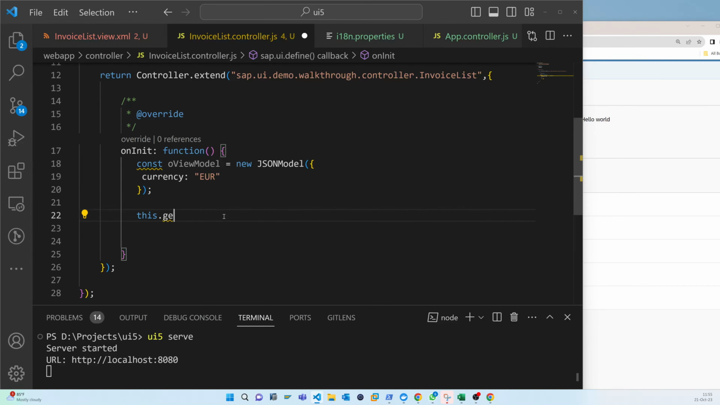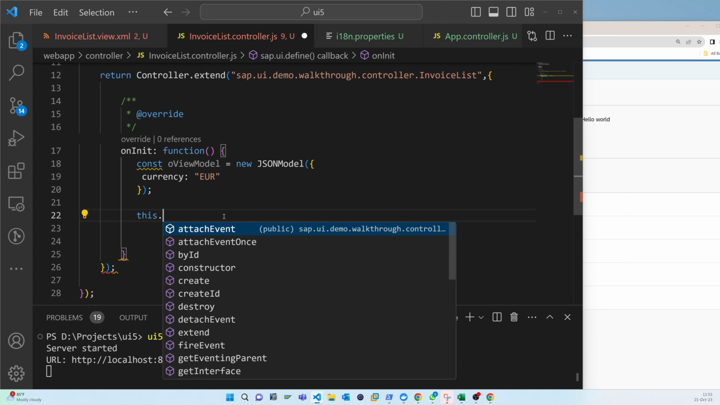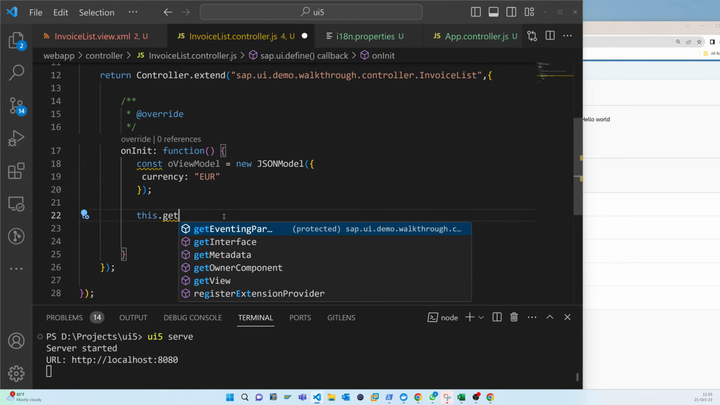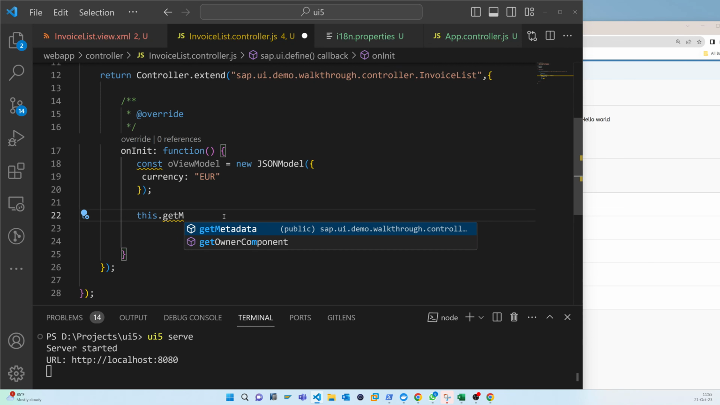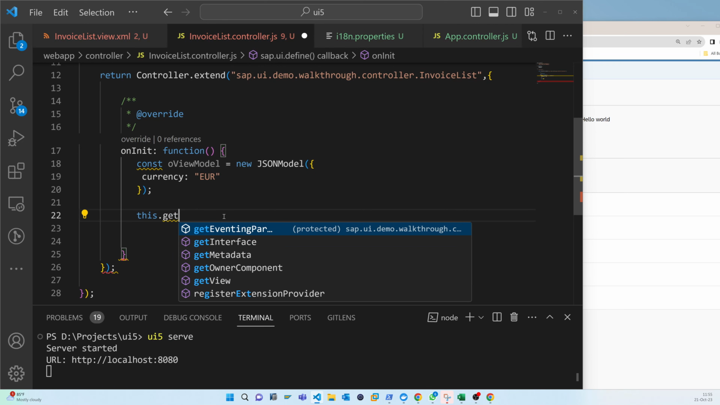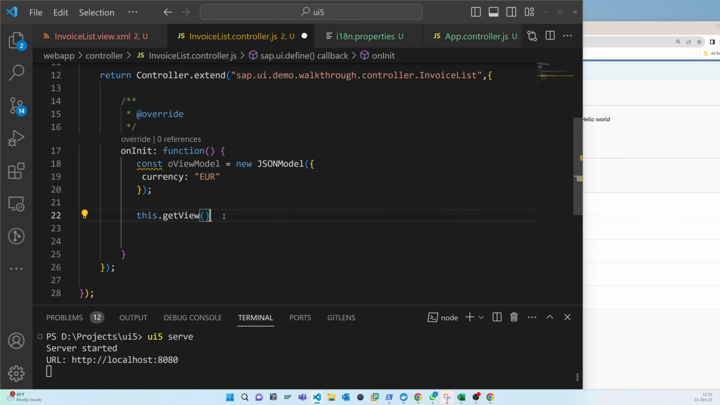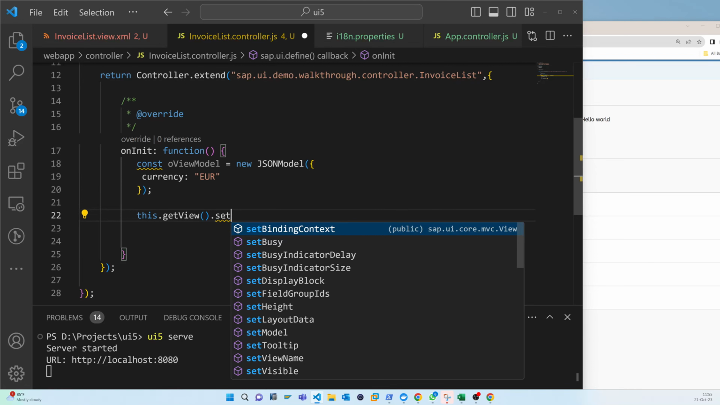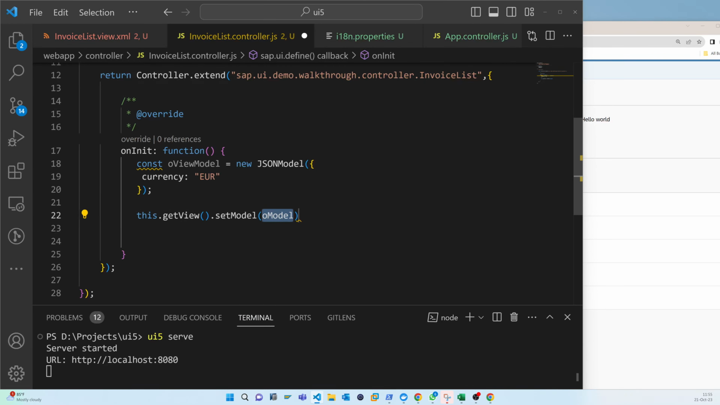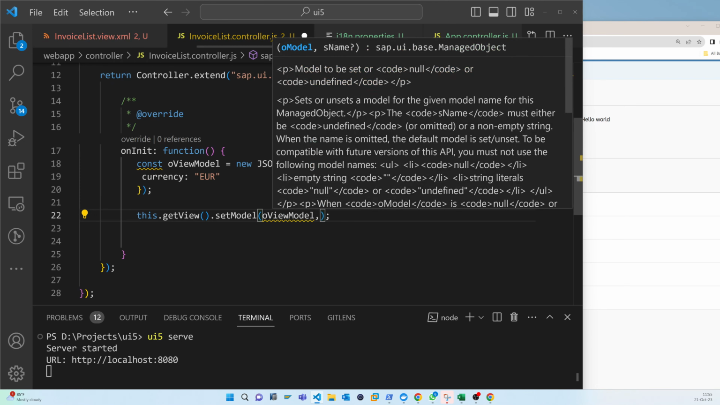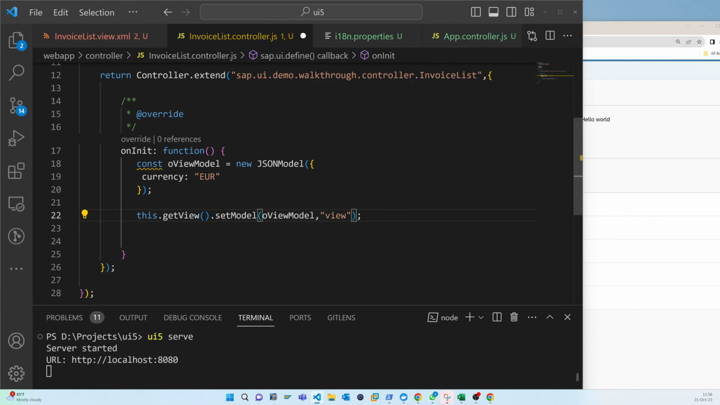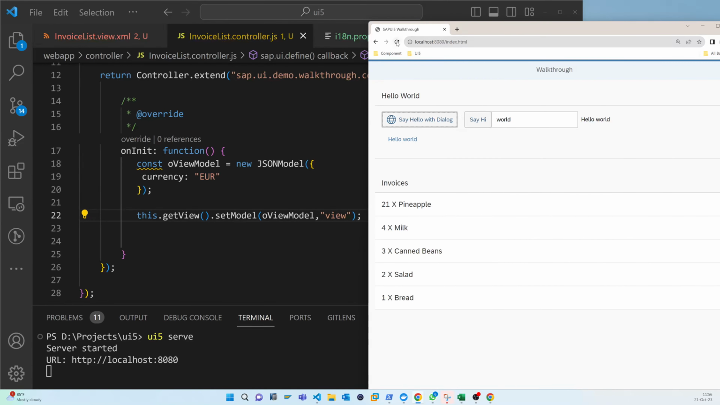So now I'm adding again this dot get view, then set model. First we have to close this, then we have to work here, so that is view model view. So now if we refresh,